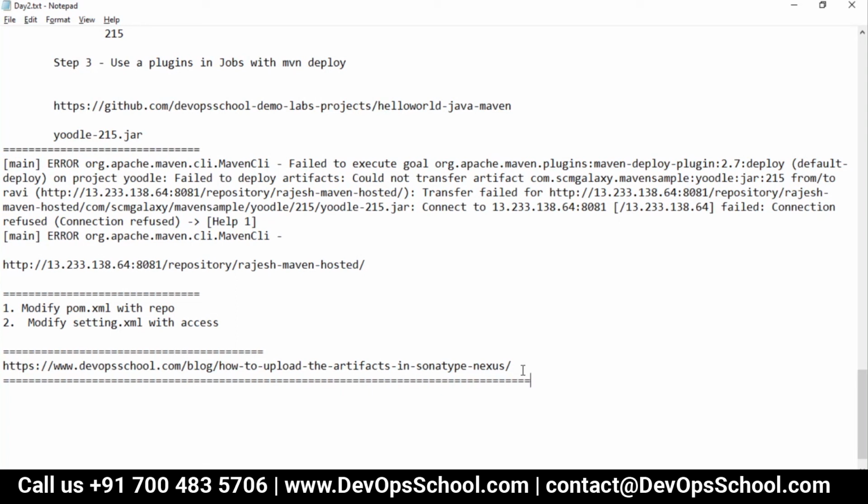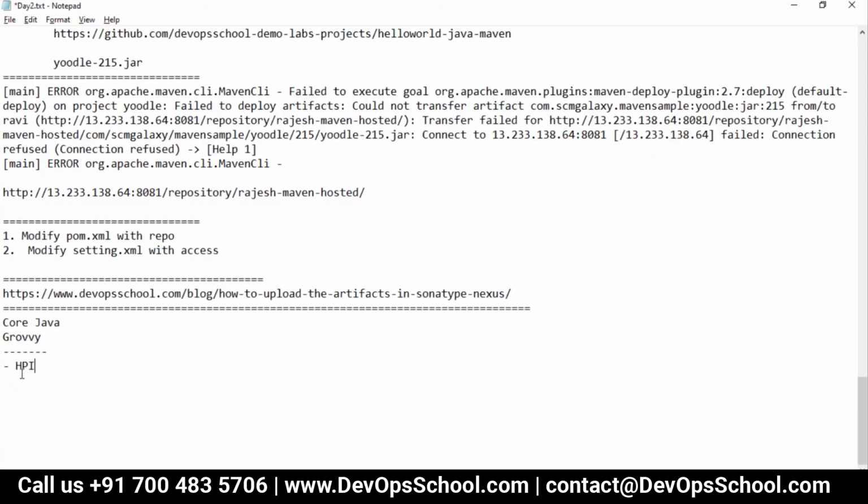Hi, Rajesh. Yes. Is there any simple guide on how we can write a Jenkins plugin? Jenkins plugin, okay. So first thing you have to know a few things. Core Java you need to learn. Second thing, you need to learn Groovy. And then after that you write a program and create a package, and then the package we have to convert into HPI. HPI means Hudson Plugin Interface. So whatever functionality you want to write, you put it in the HPI and then you upload it.